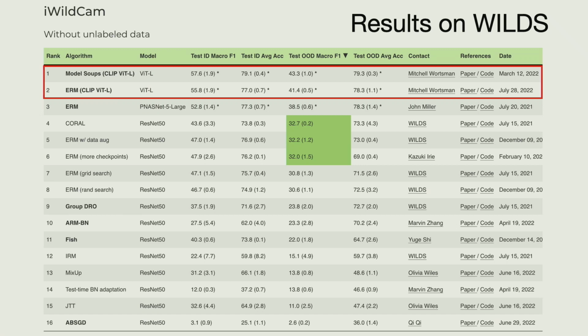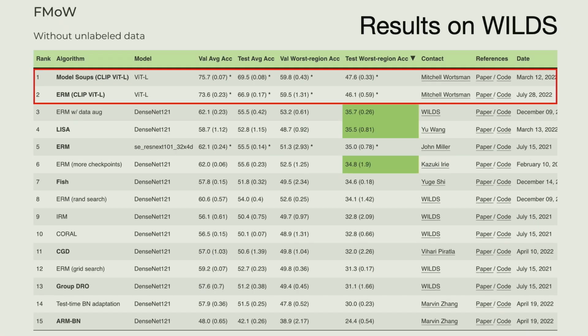The same is also true for another data set from WILDS, FMoW. This is now satellite data. If you look at only ImageNet here, the larger architectures on ImageNet had about 62% on the in-distribution set, and you get up to 76 for CLIP, and also out of distribution. It's a large improvement. Cool.